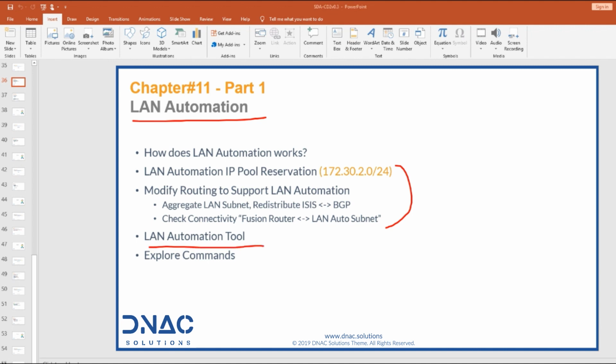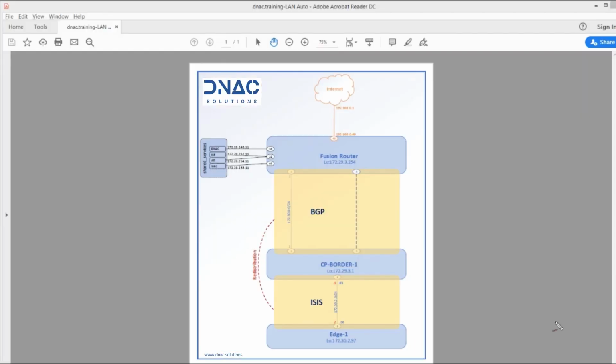Once we've done that, we go through the LAN automation tools inside the DNA Center, so we can dive in and do the LAN automation for the switch itself. After it succeeds, we explore the config that's been pushed from the DNA Center to the edge switch. As we discussed before in the previous video series with the Software Defined Access overview,